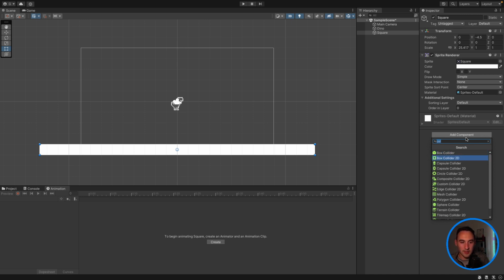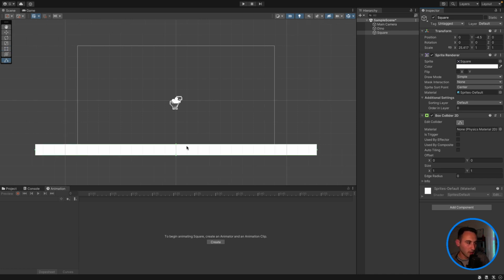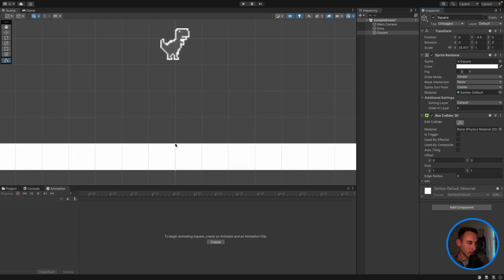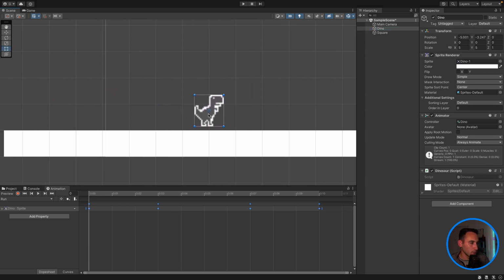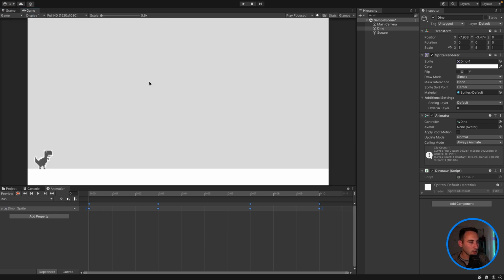Collider, box collider 2D. So on here, this is going to be our collider. We're going to make it a little bit shorter, so it doesn't fit the entire height of the ground, because we want our dinosaur to look like it's standing on the ground, but we also want a bit of background at the back of the dinosaur,